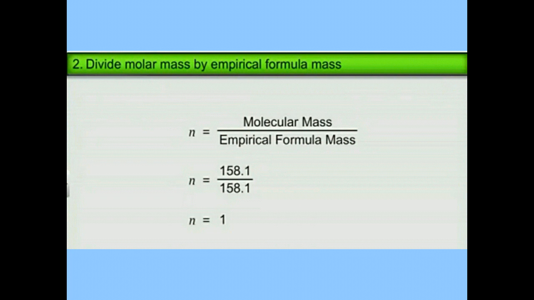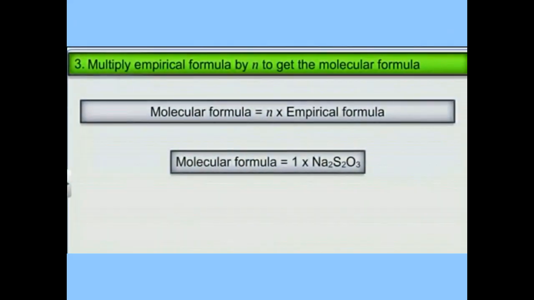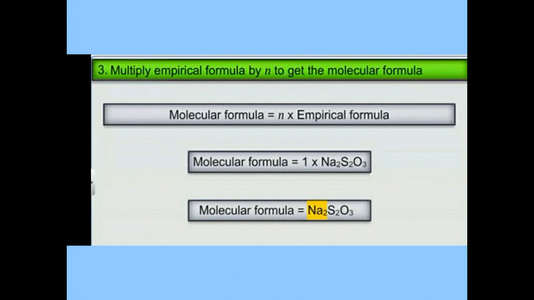So the value of n will become 1, and when we multiply the empirical formula by this number n, then there will be no change. So it means whatever is the empirical formula of the compound, the same is the molecular formula also of the compound. Like in water also I have explained you कि वाटर का जो एम्पिरिकल फार्मूला होता है वही उसका मॉलिक्यूलर फार्मूला होता है. तो it means कि वाटर में भी n की वैल्यू अगर हम कैलकुलेट करें तो वो 1 होगी, इसीलिए दोनों फार्मूलाज are same.